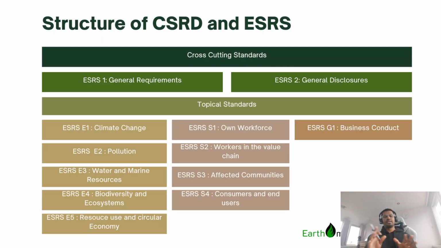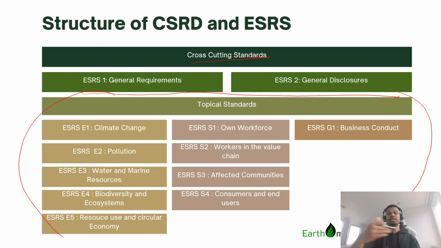Mainly this is the structure which I was also explaining in the previous slide. Like I said, cross-cutting standards: you have ESRS 1. We know what ESRS is because we've seen the definition. It's a framework. ESRS 1 is also known as general requirements. And then you have ESRS 2, which is general disclosure. These are two cross-cutting standards, applicable to all 10 topical standards. You can see this is basically a horizontal line, applicable across the whole 10 topical standards, which is why they are called cross-cutting standards: they are horizontal.